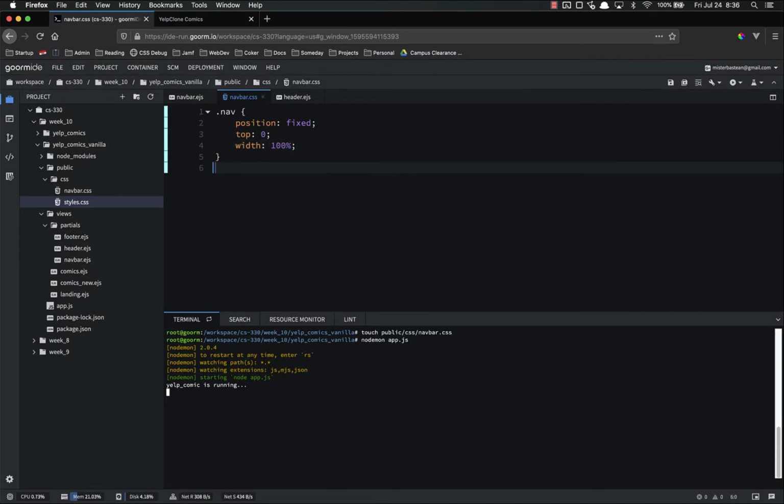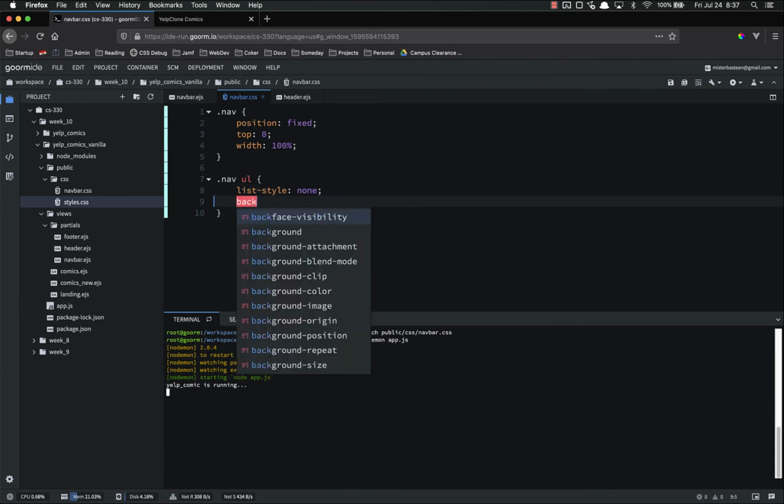So now we've got it anchored where we want. Let's start a little bit of styling on the UL. So nav UL, and remember, nav space UL will select all the ULs inside of the nav. We only have one. List style is going to be none, because we don't want those annoying little dots on there. Background color,